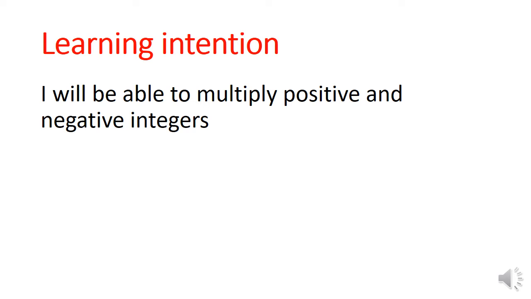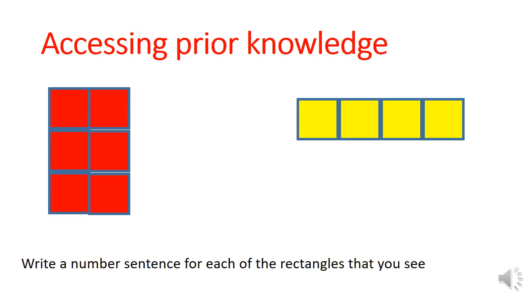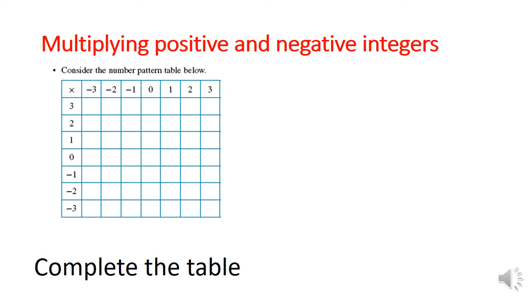Learning intention for this lesson is I will be able to multiply positive and negative integers. And you might want to take a moment to have a go at this APK activity. And if you were to complete this table, you would find, doing the known amounts, 3 multiplied by 0 is